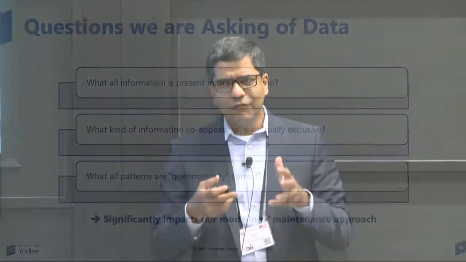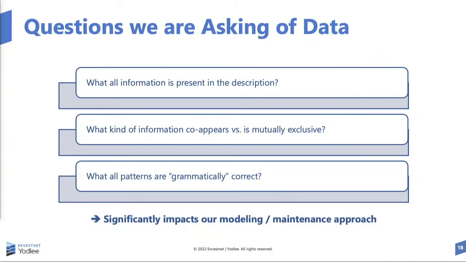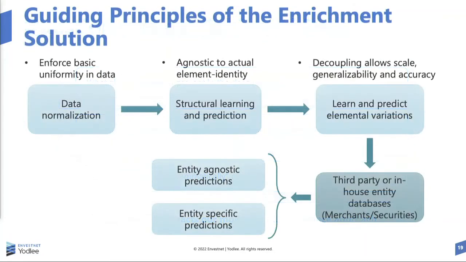And whether our patterns are, quote unquote, grammatically correct, right? And you think through the temporal sequence of these patterns. This learning is very important, and I call this the initial part of doing the data science. If you do due diligence here, that really defines what kind of modeling approaches you should be taking, right? So I think with that, the big part of the guiding principle of the enrichment solutions will be there, right? So now, not getting into the lower level details, we have set up the problem to apply the machine learning part of it, right?